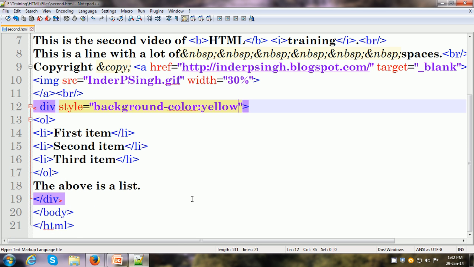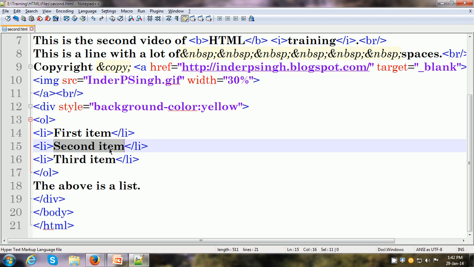Sometimes we don't want to separate out the content as it is, but we just want to have no extra line breaks as we get with the div tag. So there is another tag in HTML called span. Let us say we just want to do something with the second item over here.